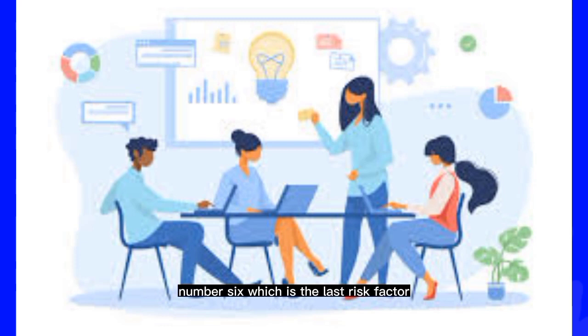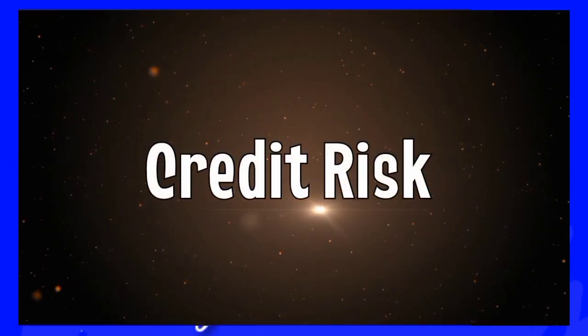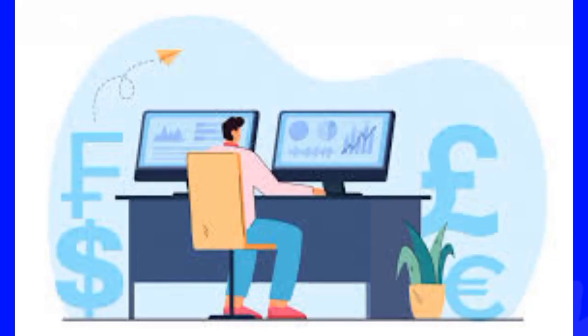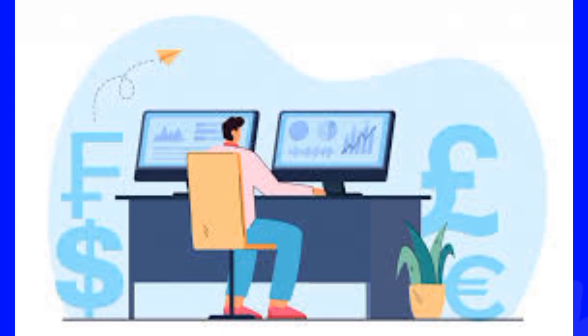Number 6, which is the last risk factor, the credit risks. Credit risks refer to the possibility that an outstanding currency position may not be repaid as agreed due to the voluntary or involuntary action by a counterparty. Credit risk concerns only corporations and banks. For individual traders trading on margin, credit risk is